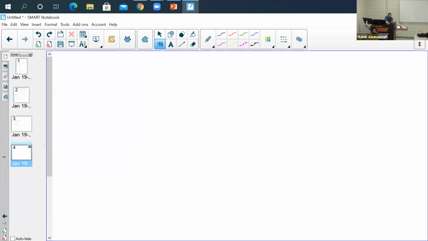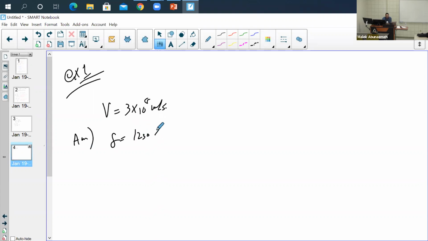Let me go ahead. I guess this is called example 1 in my notes. I'm just going to call it the same thing, example 1. So your velocity is 3 times 10 to the 8th power meters per second for the AM. Your frequency is 1230 times 10 to the 3 hertz. You're looking for your wavelength lambda. That means your lambda for this one is going to equal V over F, which is 3 times 10 to the 8th divided by 1230 times 10 to the 3. So that's going to equal to